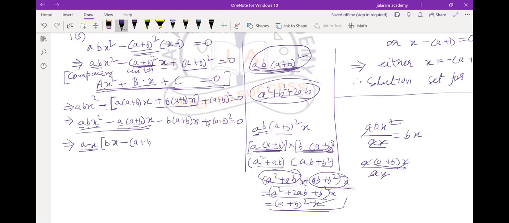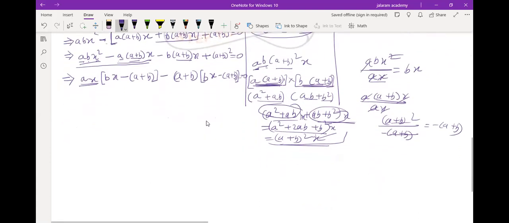So a plus b, minus. In the next two terms, we are observing that a plus b is common. Minus is already common. So plus b, (a plus b) we have taken into x. Now from this (a plus b) whole square, we have taken minus of (a plus b) common. So one of the (a plus b) will be cancelled out and it is minus of (a plus b). Is that clear to you?